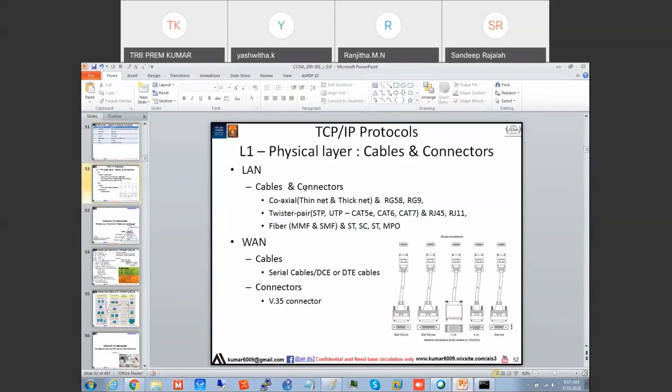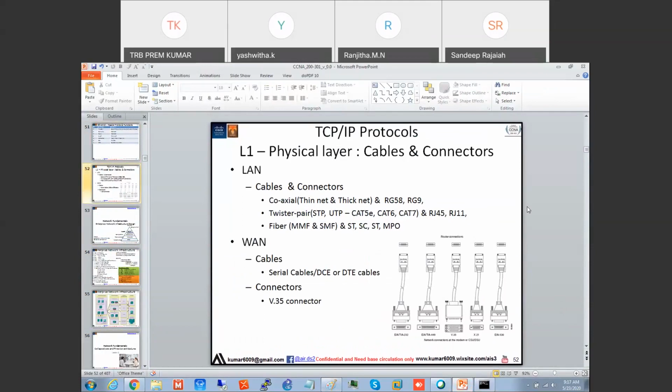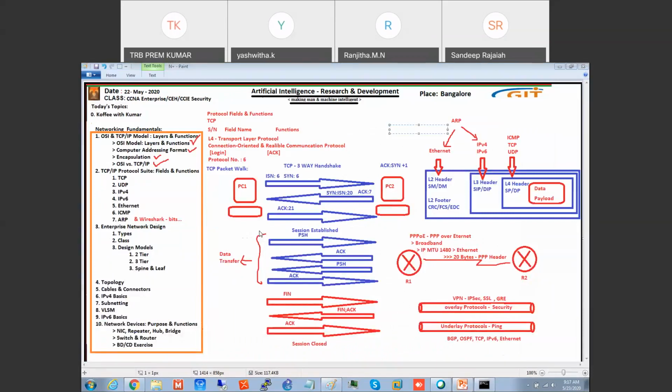Then we'll do the packet capture. So tomorrow we'll do that. With this we are finishing the protocol field. Today we finished this. Tomorrow we start with the IPv4 header, fields and functions, then IPv6, and we'll compare with this tomorrow.